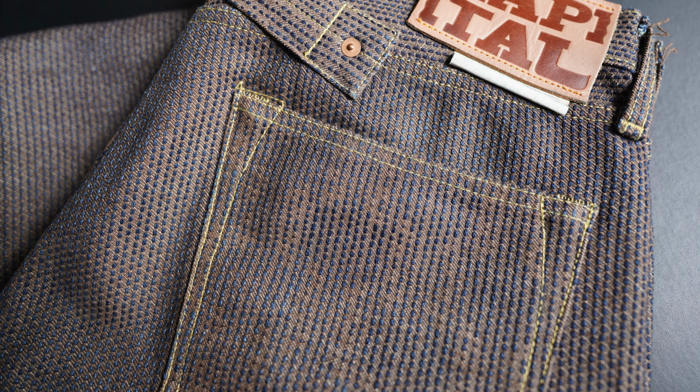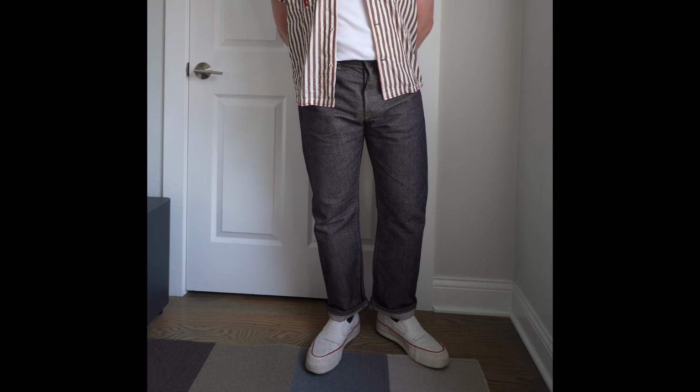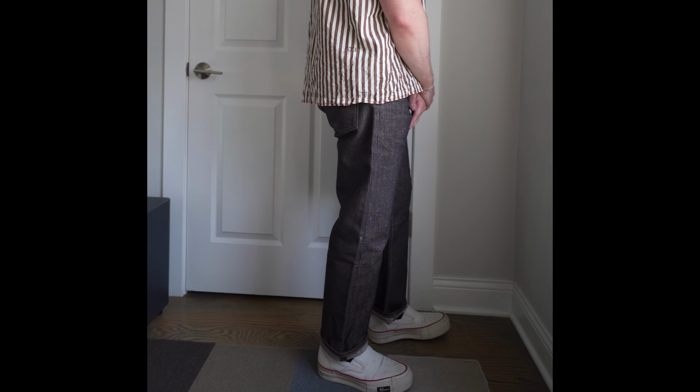And what Kapital does is they've got this proprietary way, and they turn it in their denim and then they Shishiko weave it. These ones in particular are a brown denim, and then they have an indigo weave to them. And it adds such a really cool texture and look to them. They are not inexpensive. These ones were $440, and that is a lot of money for a pair of jeans,